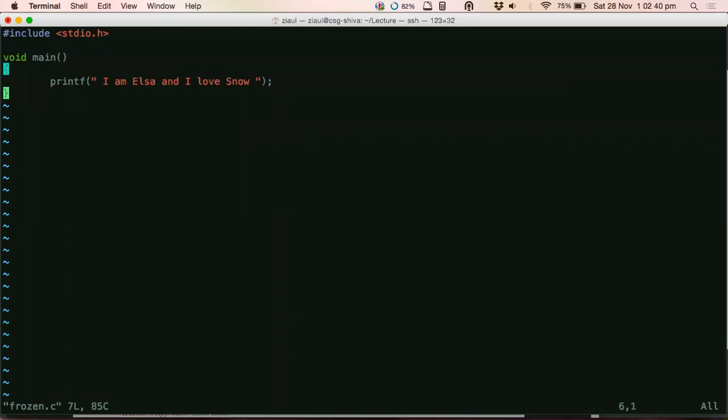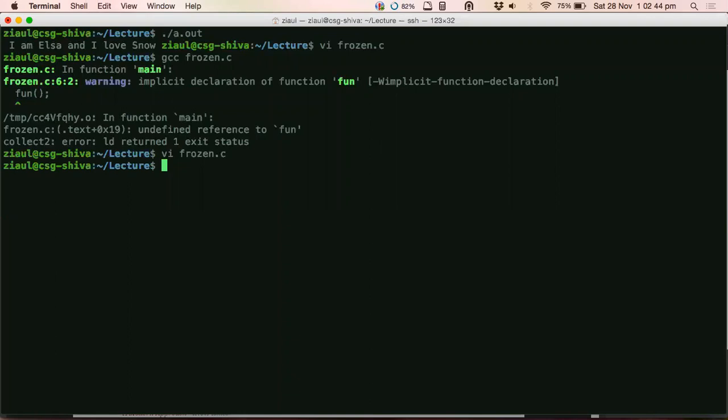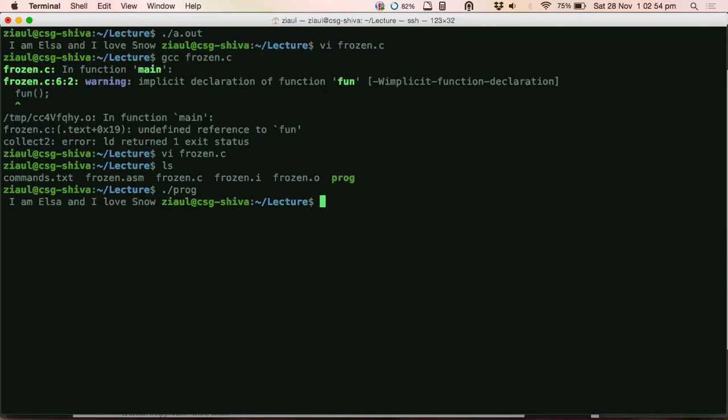Just remember, guys, that GCC is doing all the things for you: the compiling and linking. Loading is done when you just type the exe, when you say prog and then press enter. Once you press enter, the loader will take the sequence of numbers inside the prog executable, load the sequence in memory, point the program control to the start of the instruction, and then start executing. So all these things are happening with a single enter.